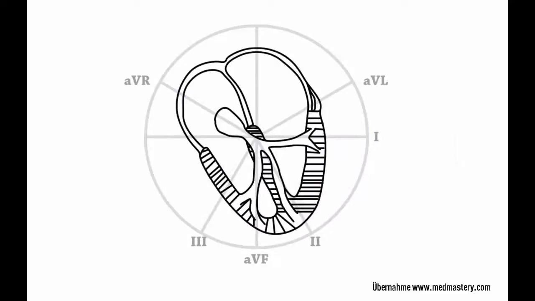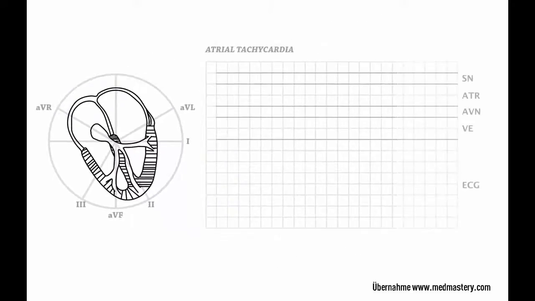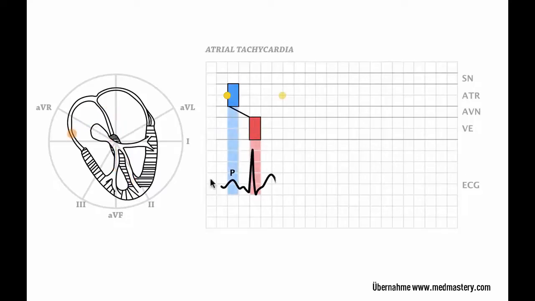In atrial tachycardia, an ectopic area within the atria takes over the pacemaker function and then depolarizes the atria, upon which the impulse travels down to the AV node, through the bundles, and into the ventricles. Let's have a look at atrial tachycardia using our well-known ladder diagram. So let's recap. Atrial focus discharges, the impulse travels down to the ventricles, and the same thing happens over here